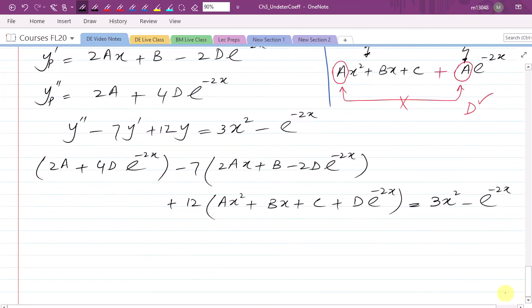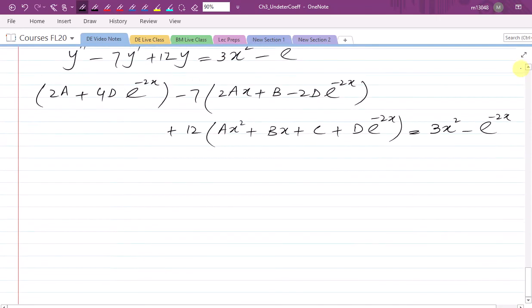Yes, these questions can get very lengthy at times, especially we are not going to do all the cases here. Right, what variables do we see here? We see x square, we see x, constant, e power minus 2x. There are 4 kinds of variables. So let's collect all the terms. First, let's expand the brackets, all of them. So it is 2a plus 4d e power minus 2x minus 14ax minus 7b plus